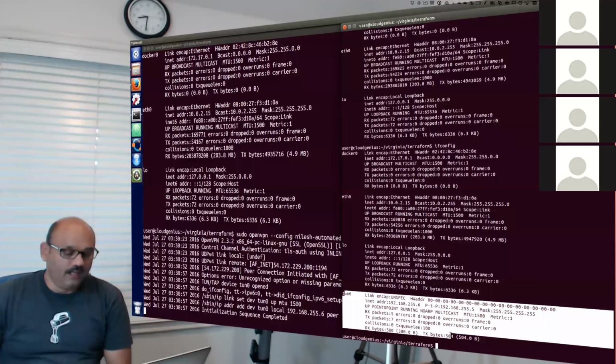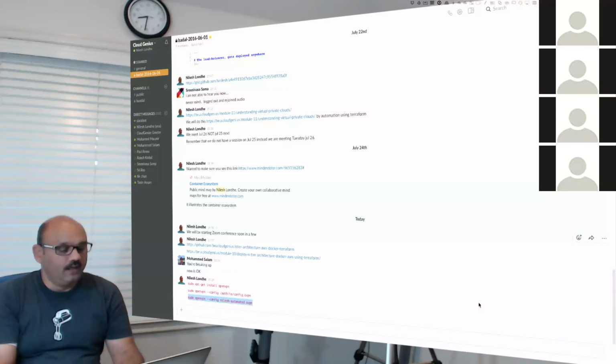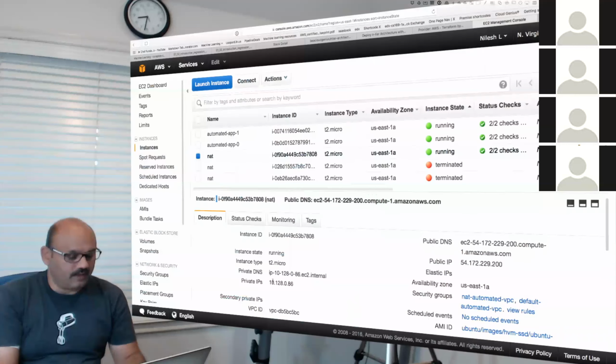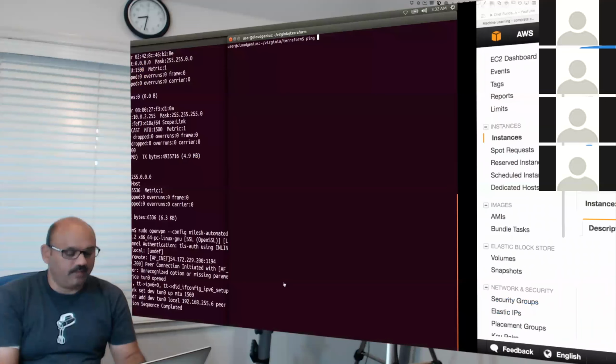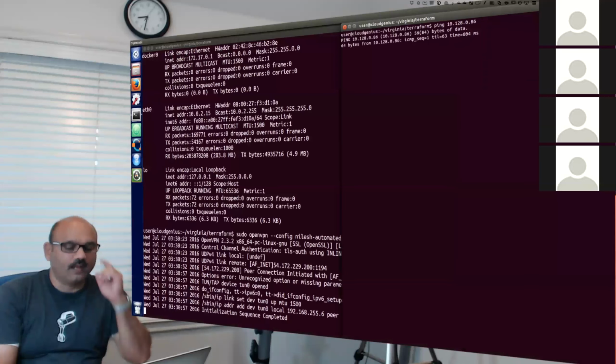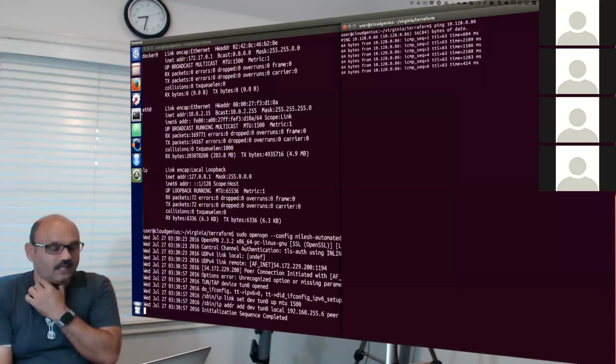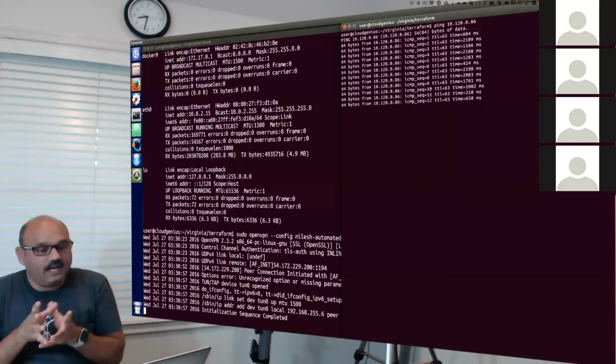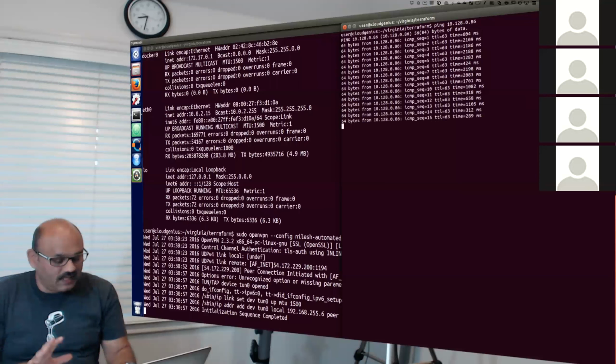And with that understood, we should be able to ping our, where is that IP address? I'm trying to grab our IP address for the machine out here. We should be able to ping the internal private IP of the NAT box. Let's see, can we ping the internal private IP like that? And yes, the response time is a little long, but it is pinging, right? You cannot ping a NAT machine in Amazon, but we are logically inside the VPC. So it is pinging successfully.